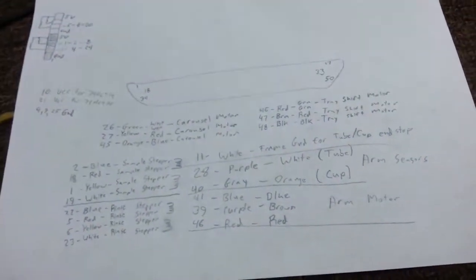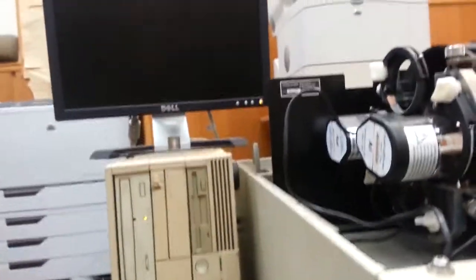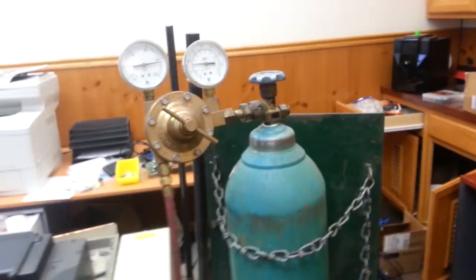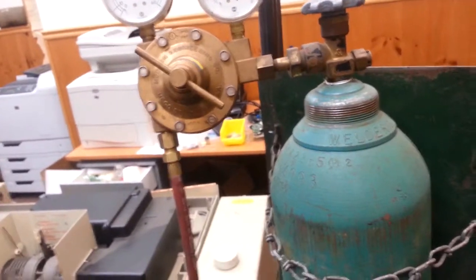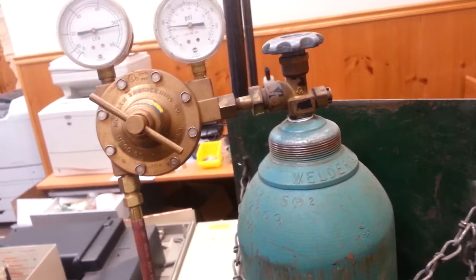So, what I'm going to do here is I'm going to power this thing up. And this time we got it hooked up to argon, which we'll hopefully get it past a few of the checks that it was doing before, because it would just keep telling us that the pressure was too low to continue. So we wanted to rule that out as being a cause of some of the issues that we were seeing. Anyway,